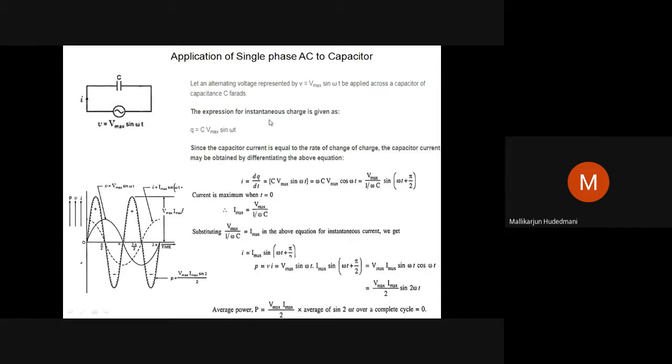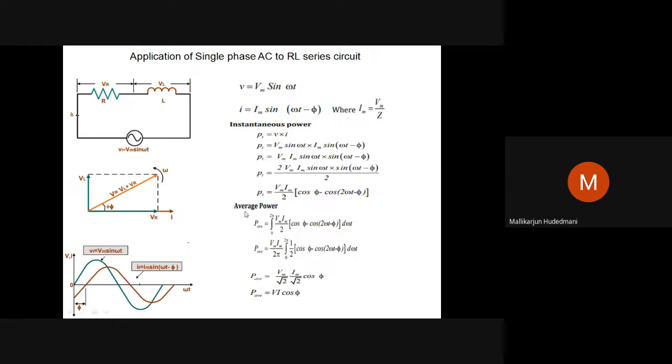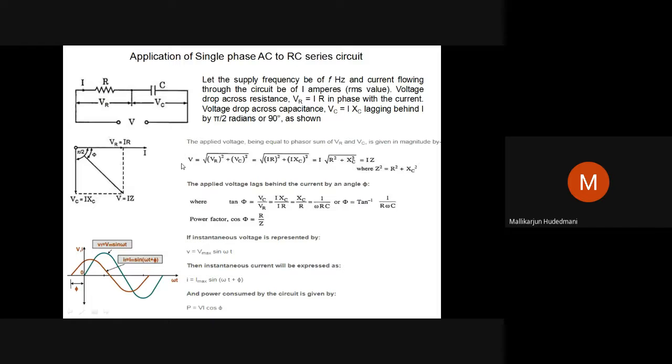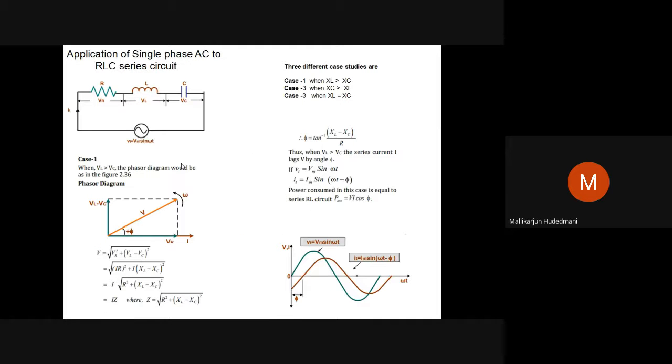So from this heading, I may have two questions. Show that current through an ideal capacitor is leading ahead of the voltage by 90 degree, or power consumed by an ideal capacitor is 0. That's what we have. Power is 0. Next is RL, RC. They are the derivative of R and L, R and C. So power won't be 0 because of the R element here. But you will get power equal to VI cos phi, like that. So this can be one good question. And RC can be a good question. Then RLC can be a good question with different cases.